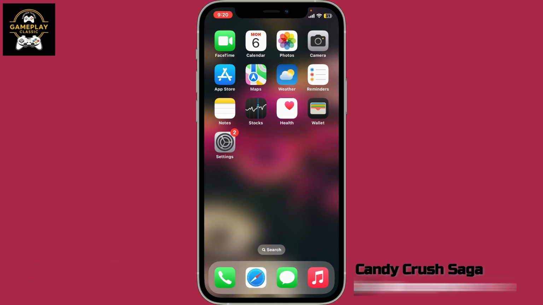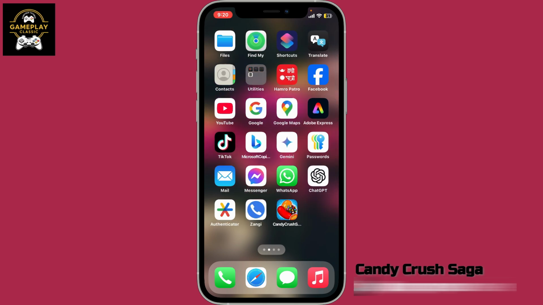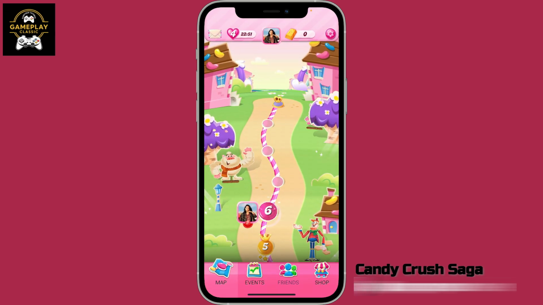Get started by launching the Candy Crush Saga app on your device. Make sure that you're inside the home page after logging in with either Facebook, your King account, or Apple ID. Once you are logged in, go ahead and tap on the Friends button located at the bottom of the screen,